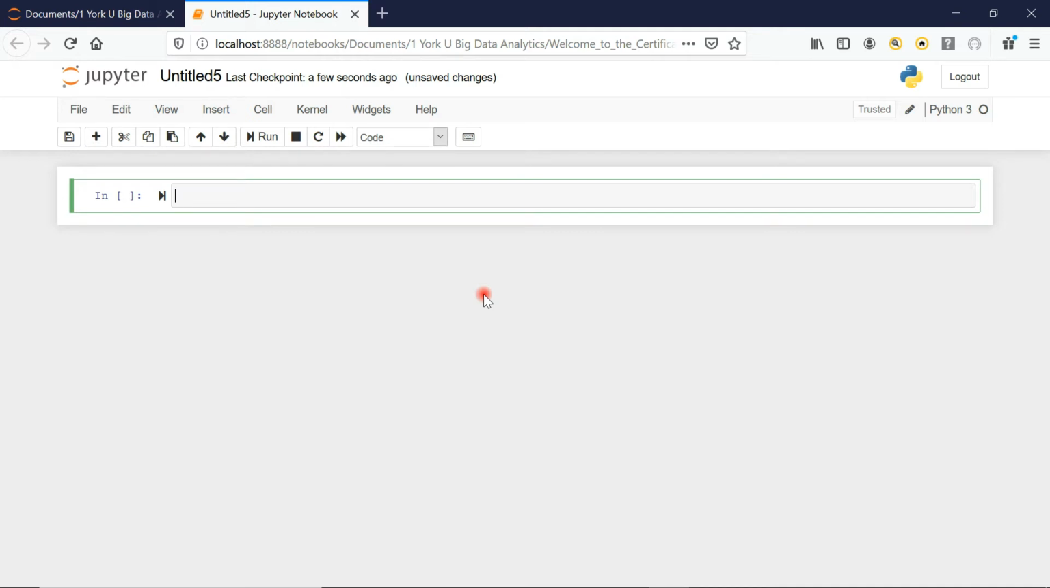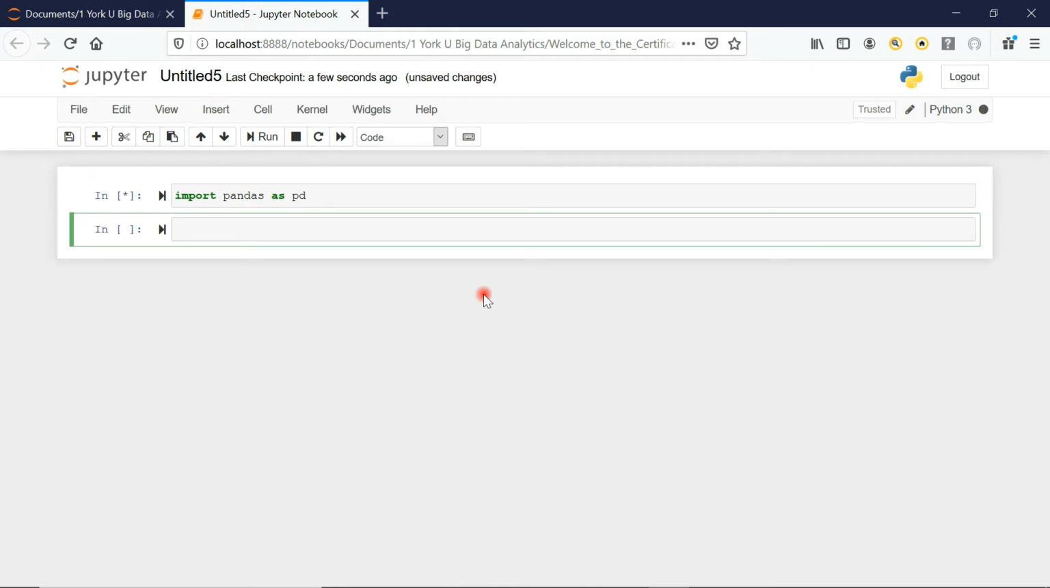Simple and quick. The first thing you want to do is to import pandas as pd. Shift-Enter will run the cell. And then I'm going to start to build my data frame here. So data equals curly brackets, and then I'm going to start creating my dictionary. In this case, I'm going to have a field called name,